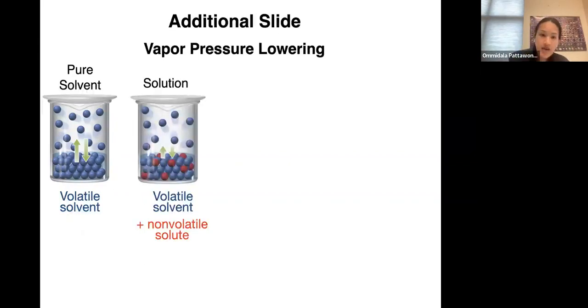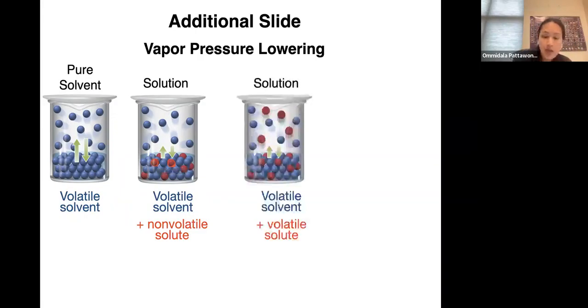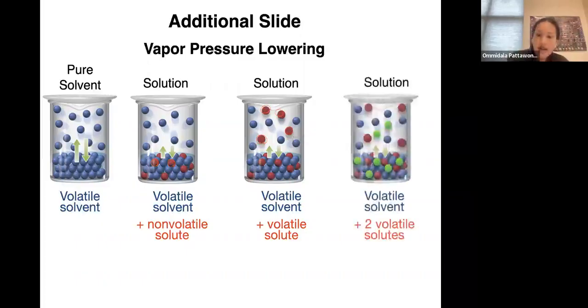take a look at. The first scenario would be when you add the non-volatile solute into the solution. That means in this case, your solute is not going to vaporize. It's going to stay as it is. The second one is the solution that contains volatile solute, which means the vapor pressure of the solute is also going to contribute to the total vapor pressure as well. And the last example is when you have 2 volatile solutes dissolved in the solution. In this case, both of the solutes are going to contribute to the total pressure